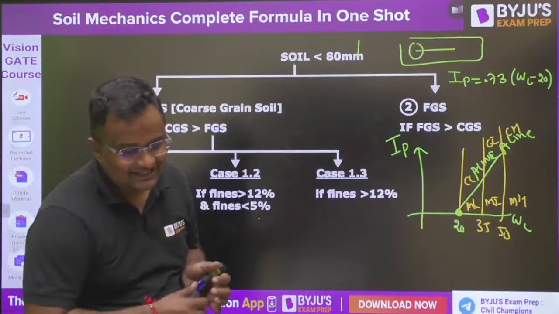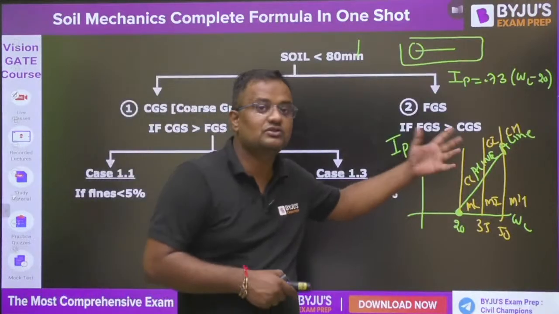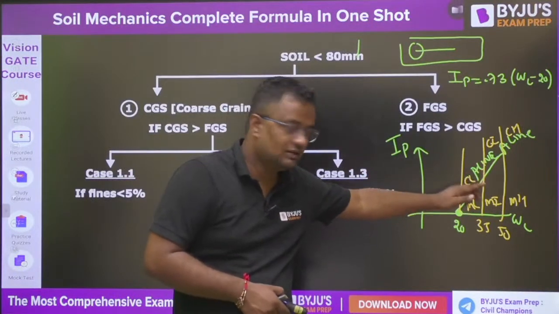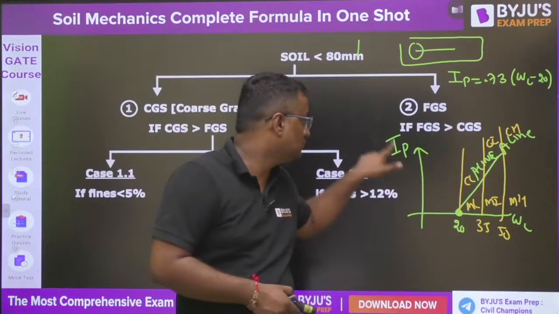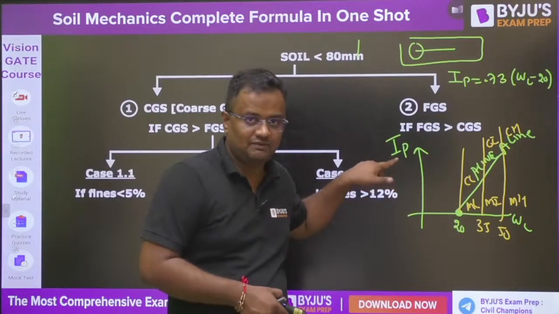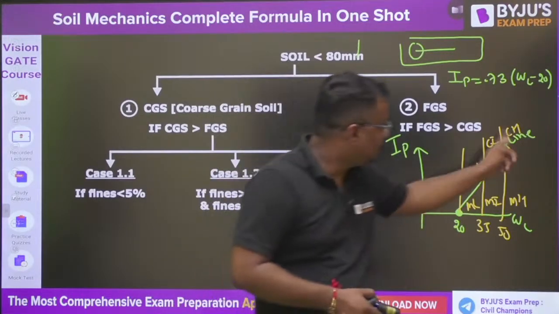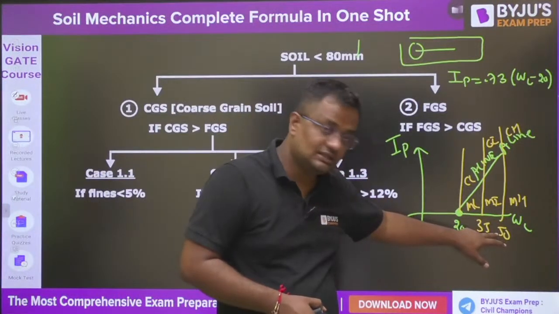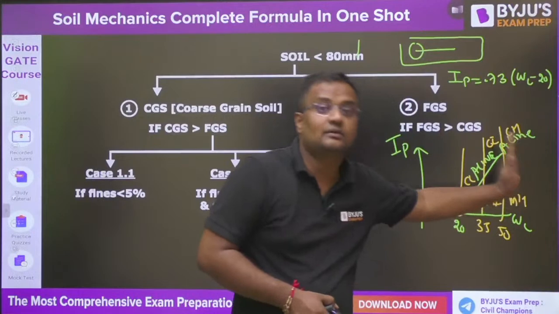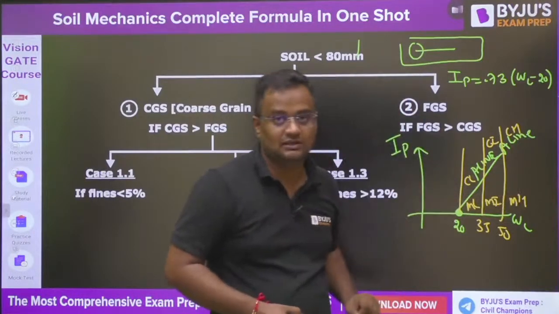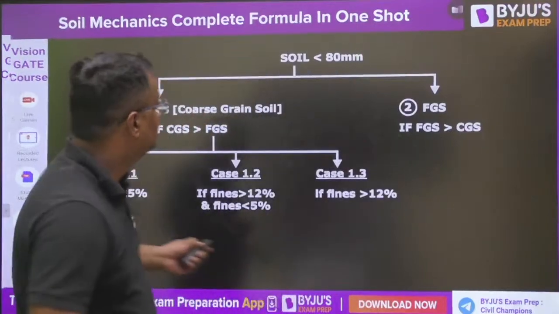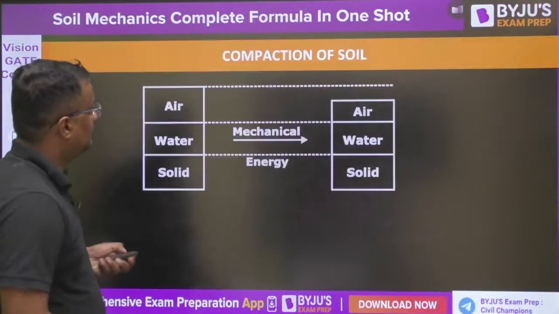Guys, the reason the region is above is clay, because clay is more plastic. The IP value will be more, and this is the Lakshman Rekha. Above that is clay, because IP has more y-axis value, more plastic. And why H? I just told you, the more the liquid limit, the more the void ratio, so it is highly compressible. Therefore on the right is H, on the left is L, and between them is I. Now this is the A line.